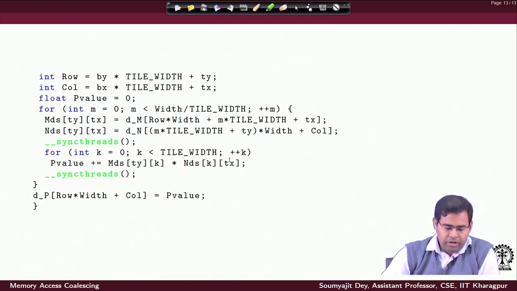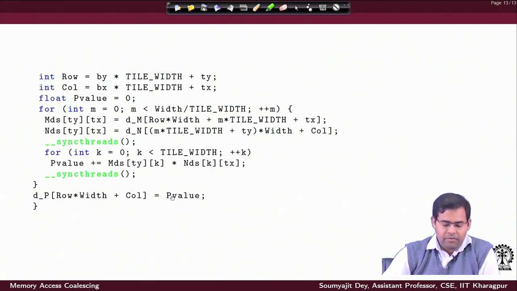Overall, as you can see, only when the entire sequence of loads and computes is done, the partial sums will finally get updated and represent the final result. Once each thread has completed its sequence of loads and computes, its own private copy, this private variable for each thread, would have the final value corresponding to its own ijth location.